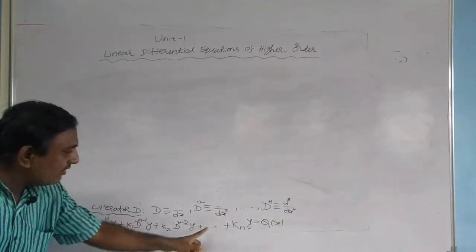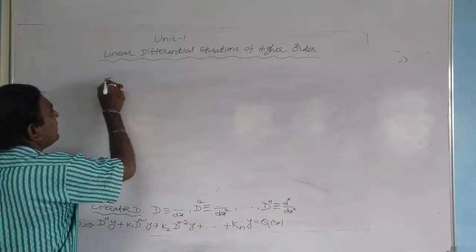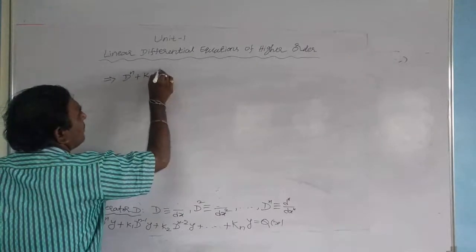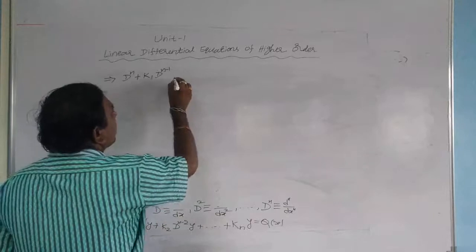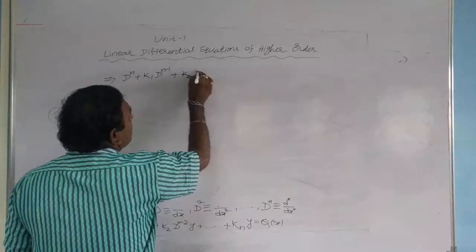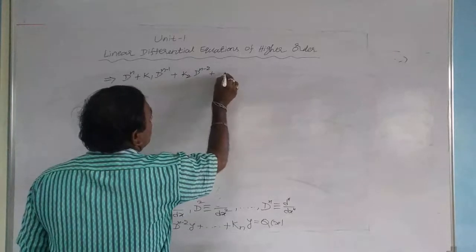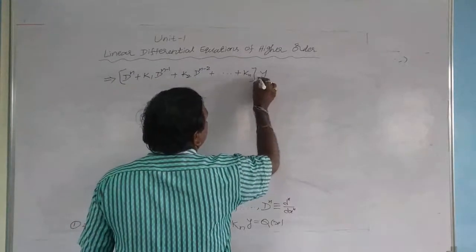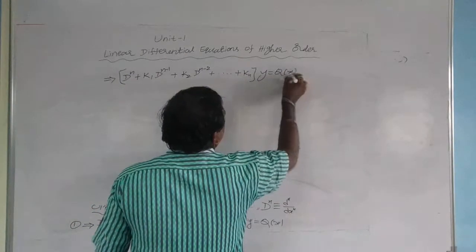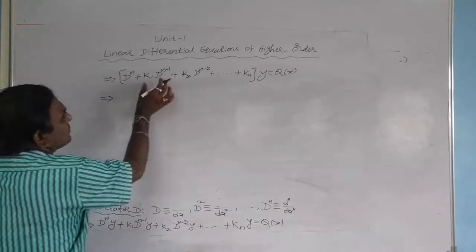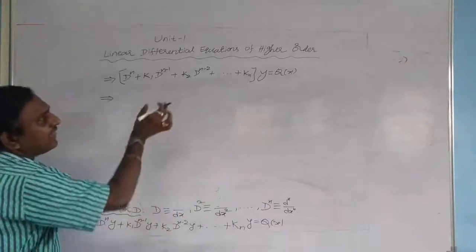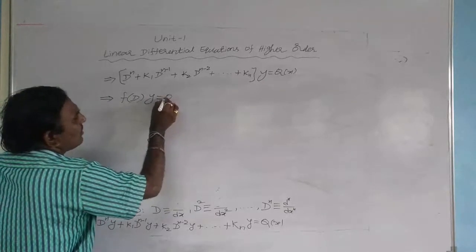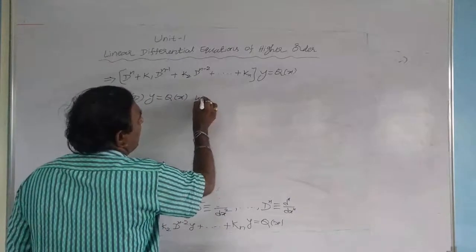Now what is common here? y is common, then what will we get? D to the power n plus k1 into D to the power n minus 1 plus k2 into D to the power n minus 2, and so on, plus kn, into y is equal to Q of x. This is a polynomial in D. I can take this as f of D. So f of D into y is equal to Q of x, where f of D is equal to